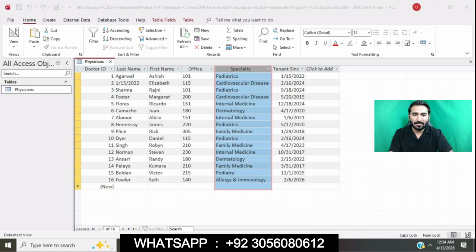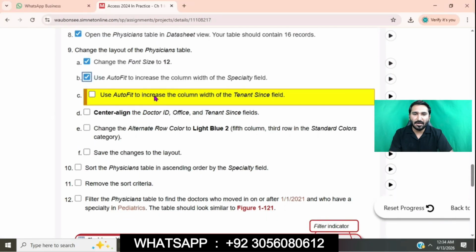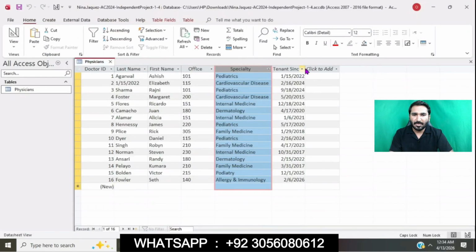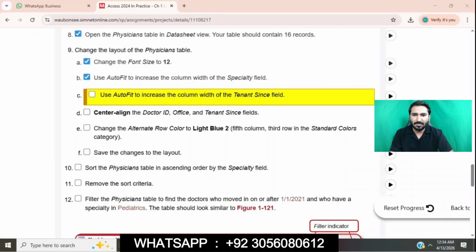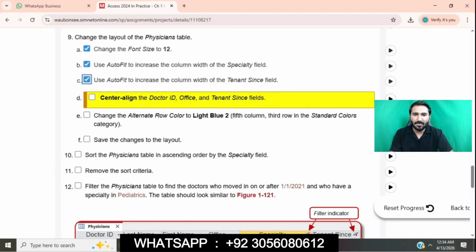Okay. So point C is to use autofit to increase the column width of tenure field. Autofit column increase.